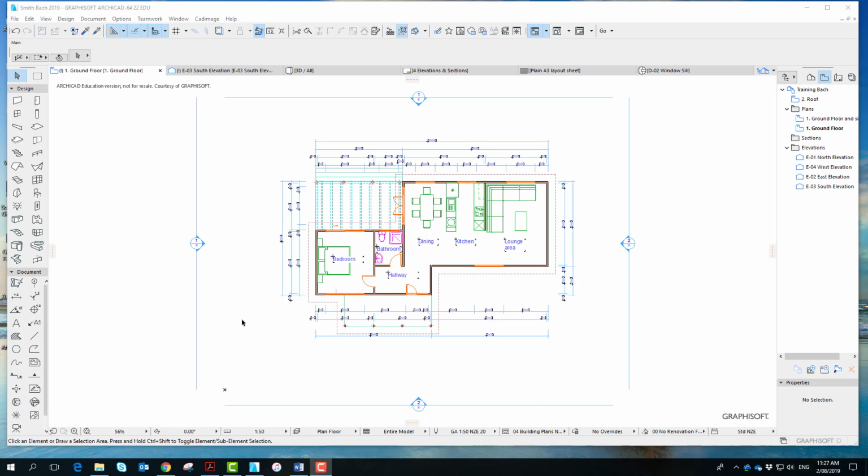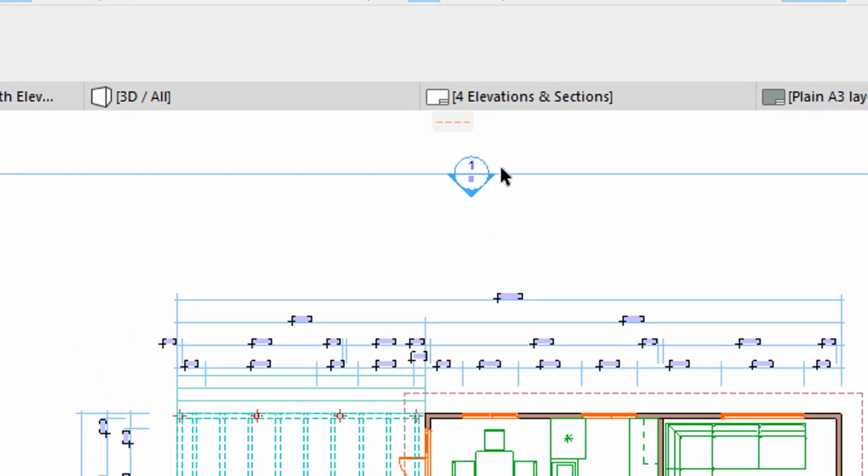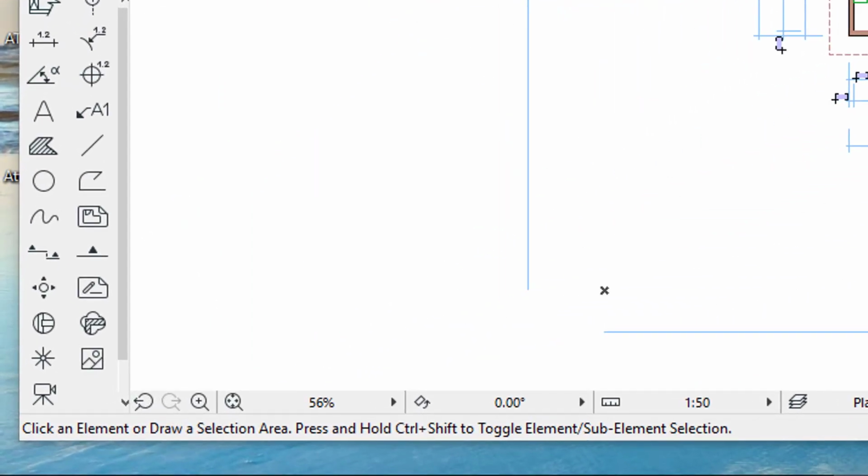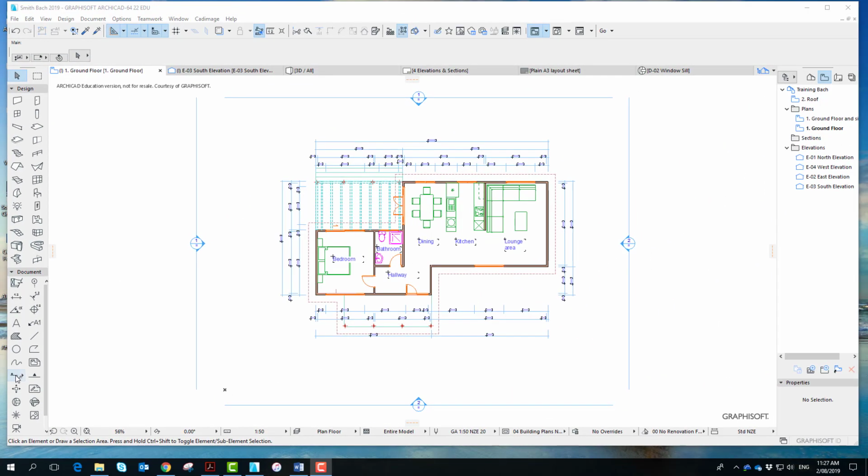So when you look at this plan I've got here already, you'll see that it actually has some elevation markers on it. If you're looking for the elevation marker, it's actually under document, and you'll see that it appears down here. It's the one with the little single arrow as opposed to the section one, which has two. So what we can do first is if we just go into the elevation tool,